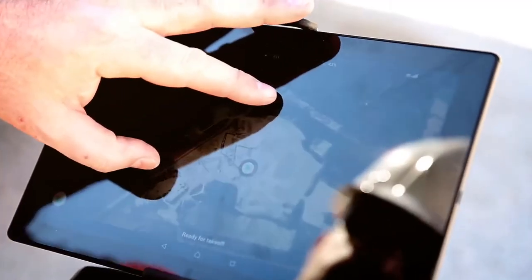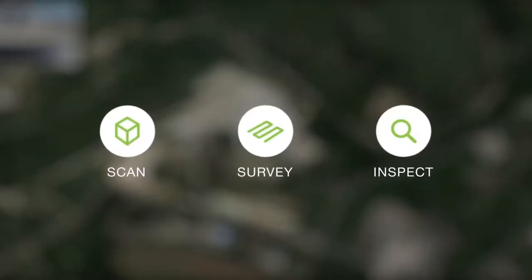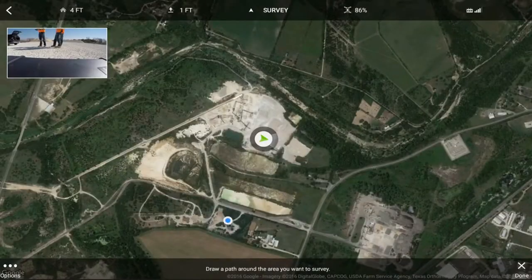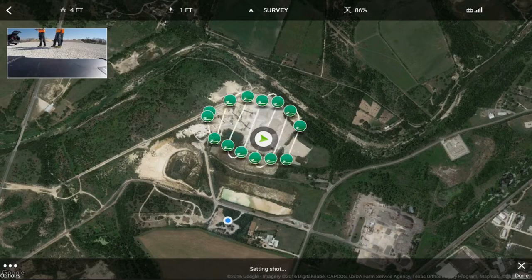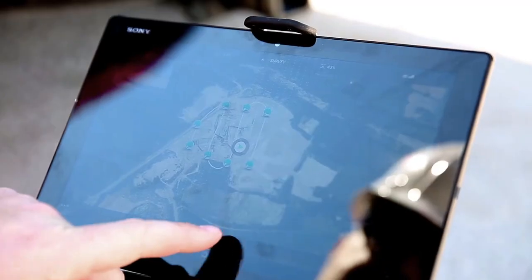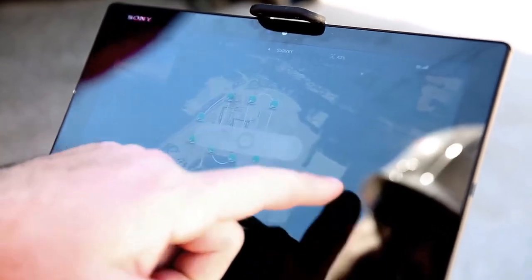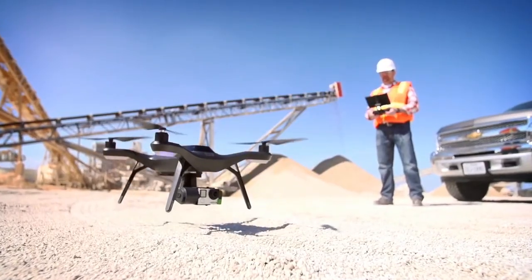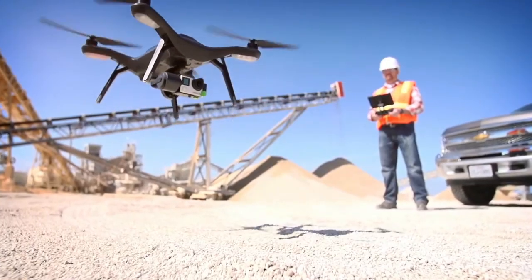Flying the Solo really can't be any easier. Simply using the SideScan app, access one of three different modes, either scan, survey, or inspect. In survey mode, you simply draw a boundary around the area that you'd like to fly. The SideScan app will automatically create a flight plan around the area that you selected. From there, with one swipe to start your motors and another to take off, the Solo will take care of